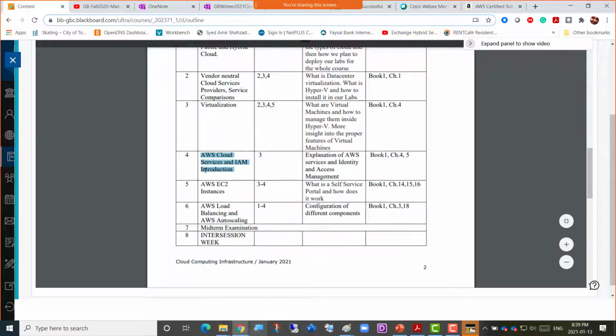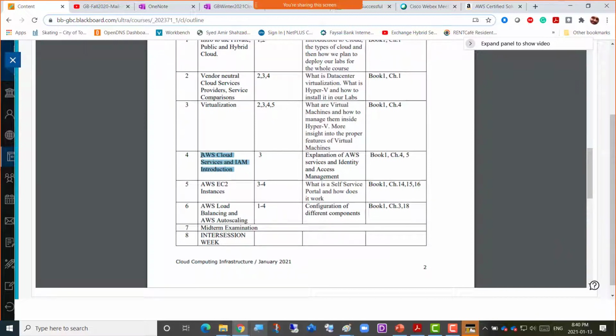So we're going to log into AWS Cloud Services and IAM, Identity and Access Management. This is all about how to authenticate your users, how to authorize your users in the cloud, how to create your users, how to create your groups there, how to put some policies, how to put permissions. So we're going to go through all that in our AWS cloud. If we are not able to finish the lab in week 4, we can stretch this same lab to week 5, and it might all get stretched.